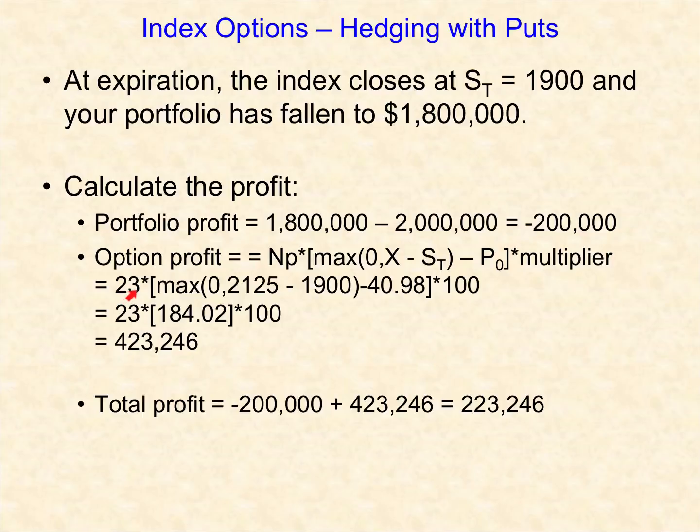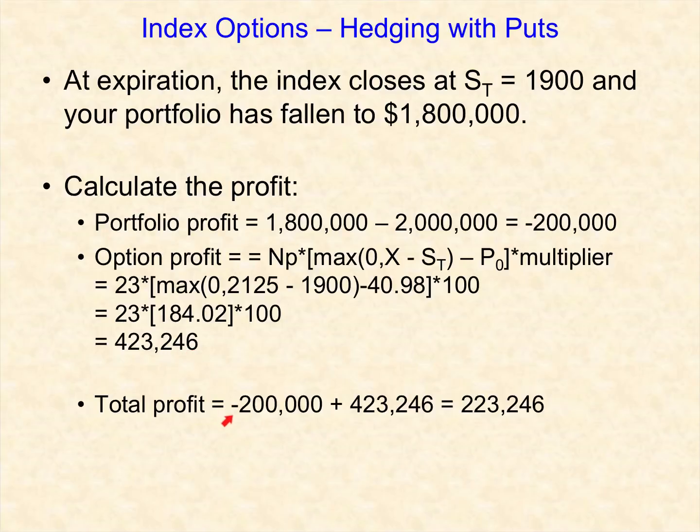At expiration, the put option has no time value, only intrinsic value. So we'll take the intrinsic value at expiration. It's the maximum of 0 or the exercise price on the option minus the index level. Next, we'll subtract the premium we paid to buy the put option, $40.98. And lastly, we'll multiply by the multiplier on that index option, 100. This gives us a profit on the puts of